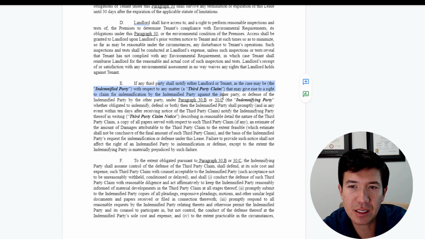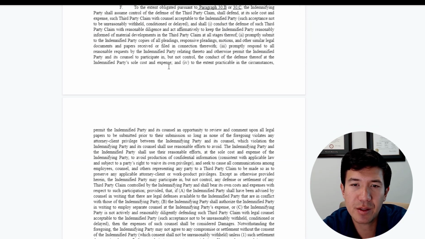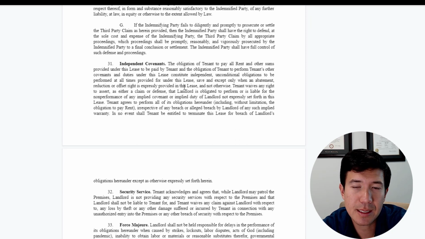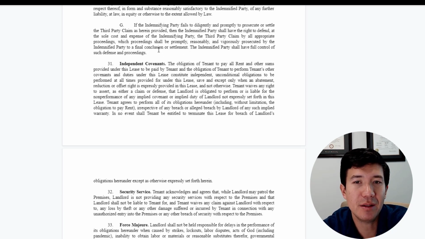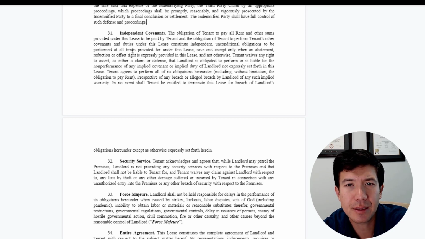Third party will notify landlord or tenant about environmental issues and costs. They're going to indemnify. Environmental is a big deal, but I think people don't put a lot of time. I certainly don't modify the environmental clauses very often. We just kind of review them and understand that we don't have a lot of negotiation power, because we're the tenant. We should be responsible for what happens to the land.